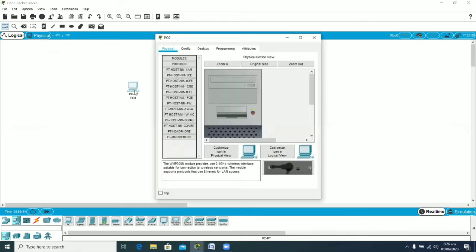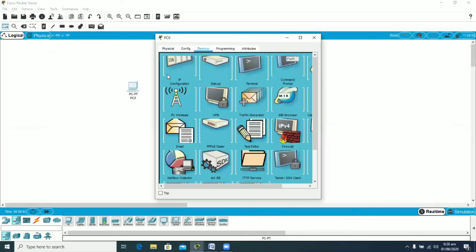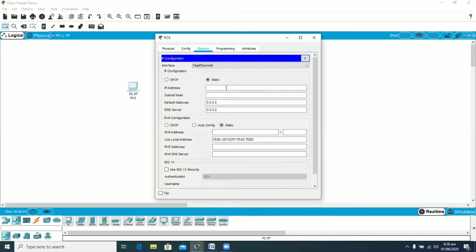So at the PC, give it the 10.1.1.2 IP, so that it will be on the same subnet, and the subnet mask is 255.255.255.0, and the default gateway can be given as that of the router, and there is no need to give the DNS server.